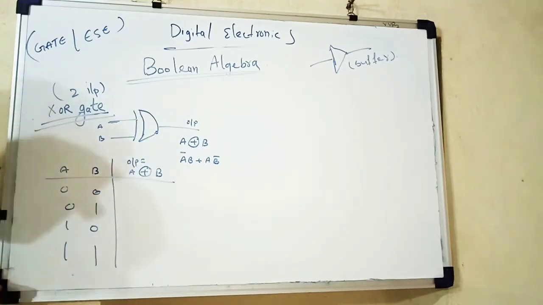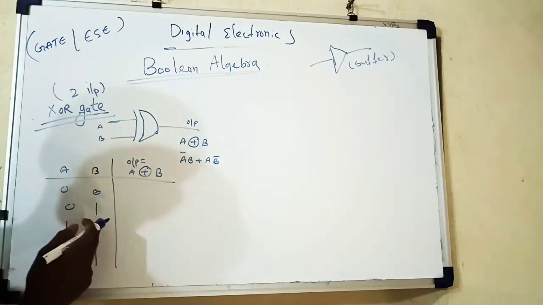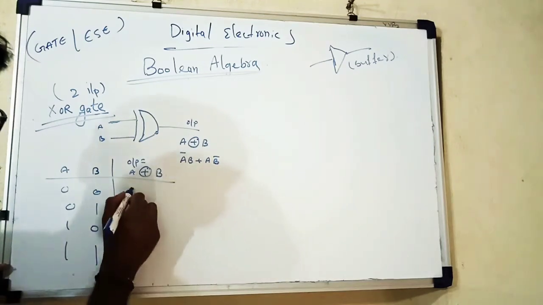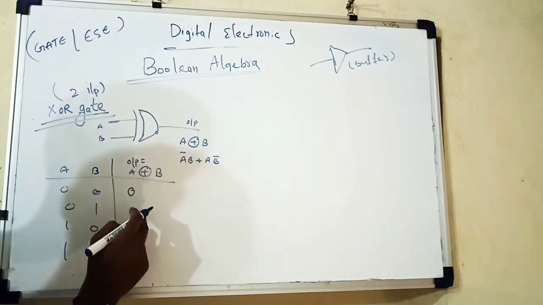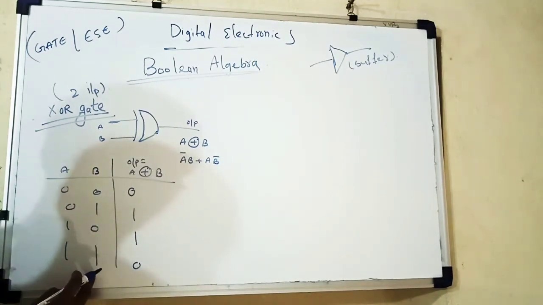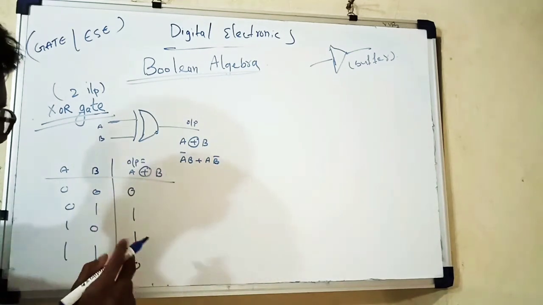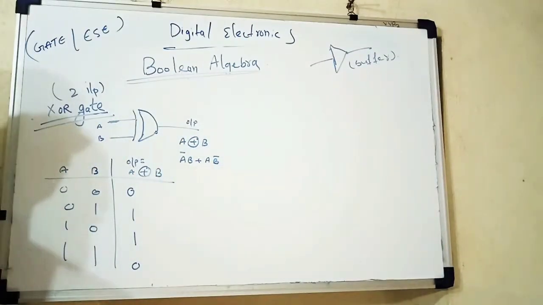Here XOR gate is nothing but whenever only 1 bit is 1, the output will be high. In the remaining cases, it is 0. At a time only 1 should be on. Here 1 is on, here 2 are on. But in XOR gate only at a time only 1 will be on, so only 1 bit should be high, then only the output will be logic 1. This is XOR gate.